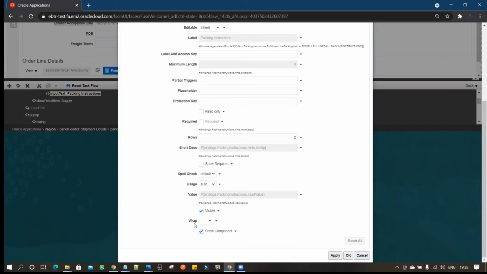But I want this to be disabled for the specific role, and I don't want to hide the field for the other users or the other roles, so that it won't impact the business global users. So to add the expression, you have to click on the drop down. Under the drop down, you have to click on expression builder. Once you click on the expression builder, you have to write the expressions.